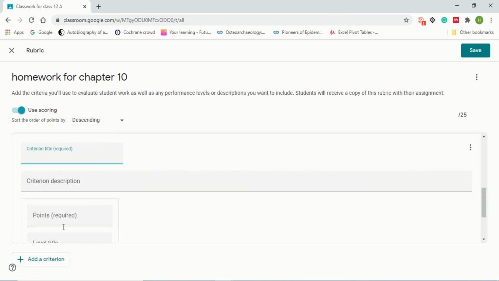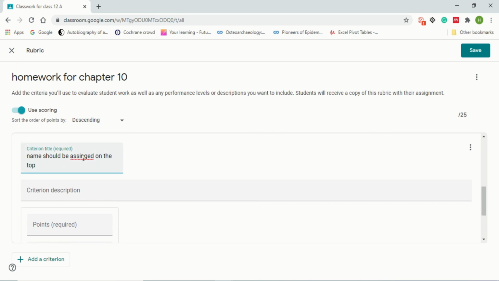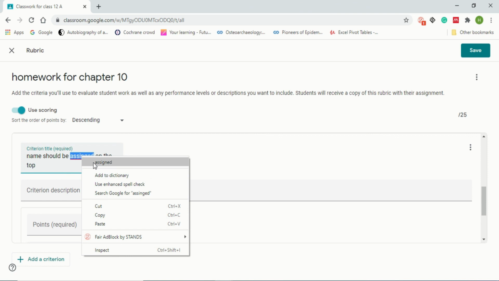So I will add a new criteria. Name should be written on the top. If you can see there is a spelling mistake, you can also correct it.